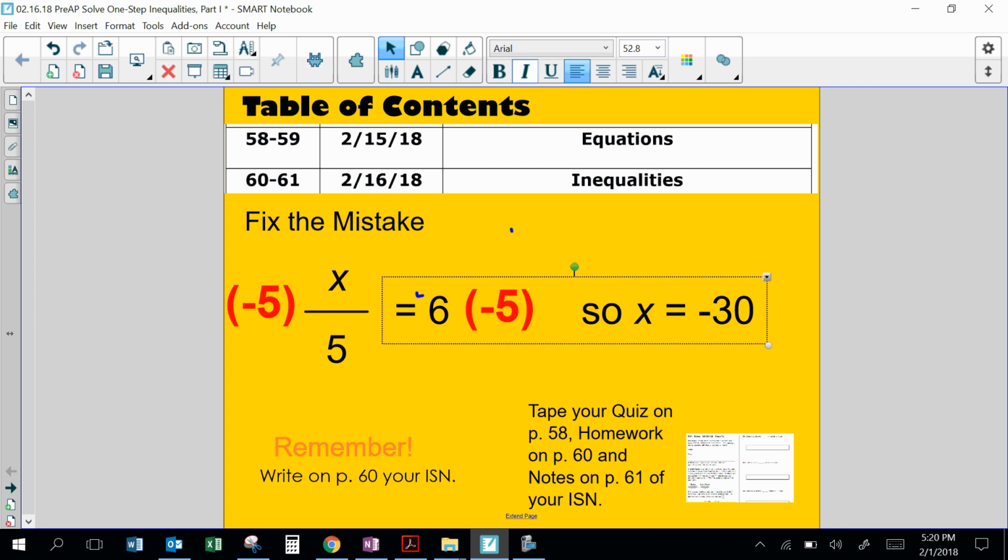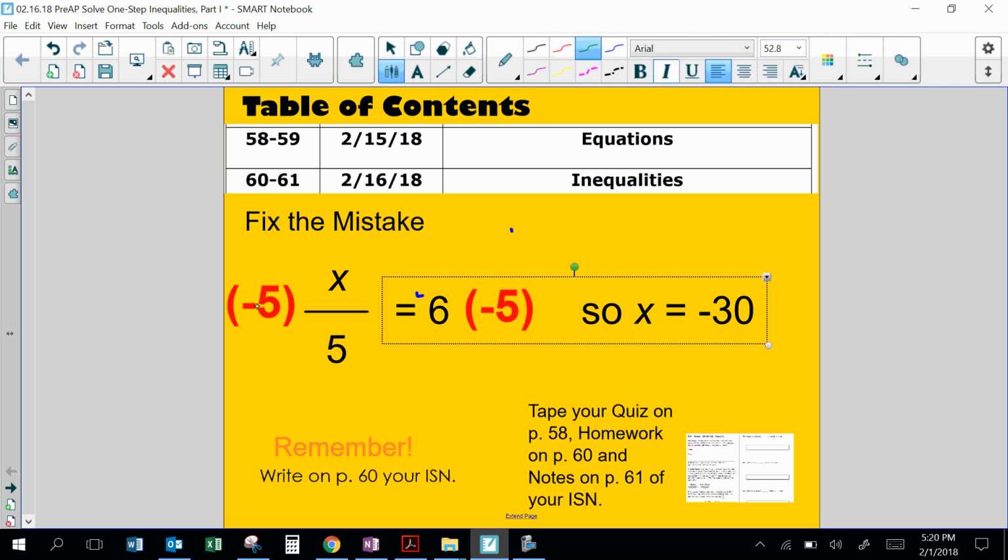So let's find the mistake. They divided by 5. To solve any one-step equation, you do the inverse. What is the inverse of dividing by 5? Multiply by 5. First of all, I already see my first mistake. Here they multiplied it by negative 5. It should be multiplied by 5. This should be multiplied by 5. This cancels out. So the answer should be 30. 30 divided by 5 is 6. All right. So now,